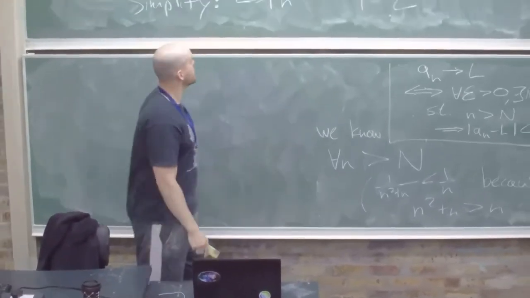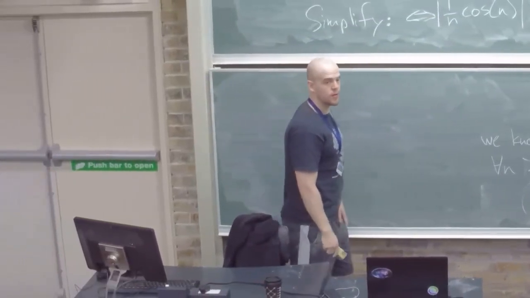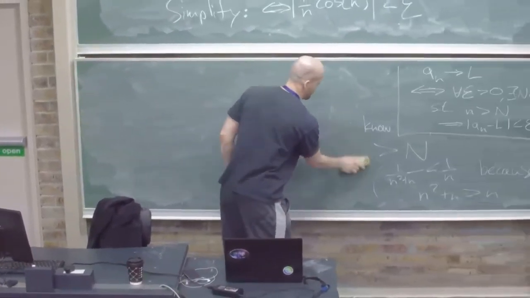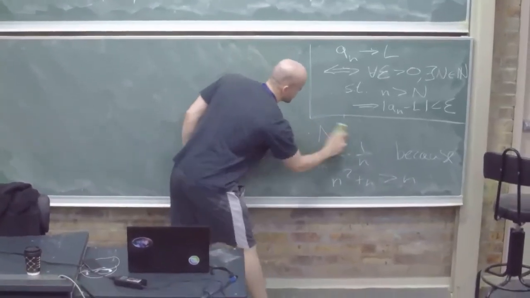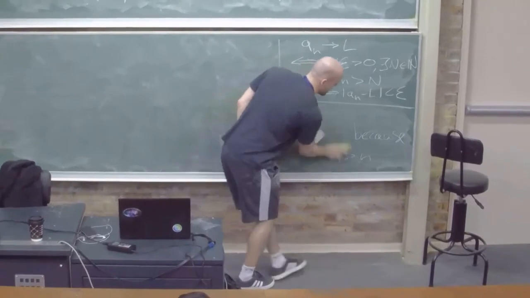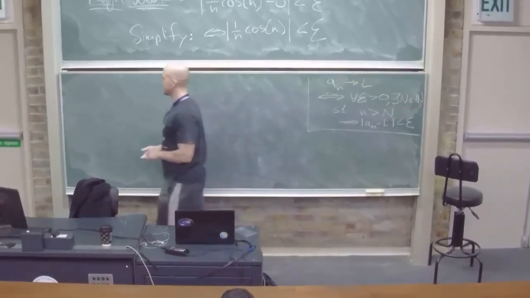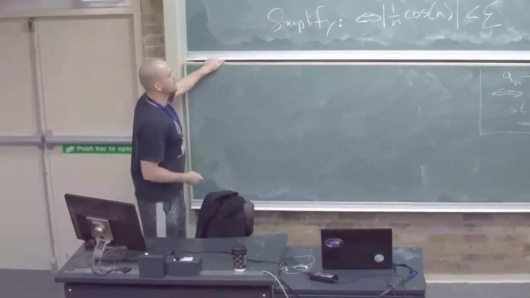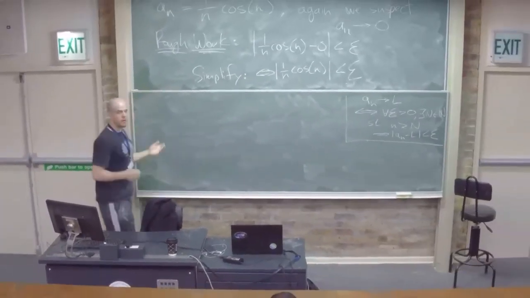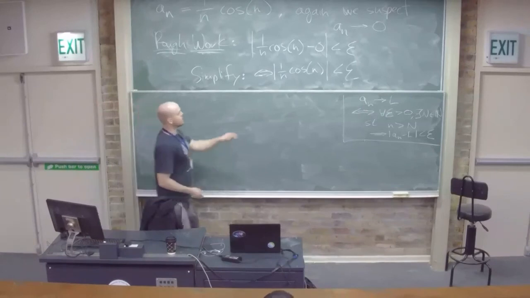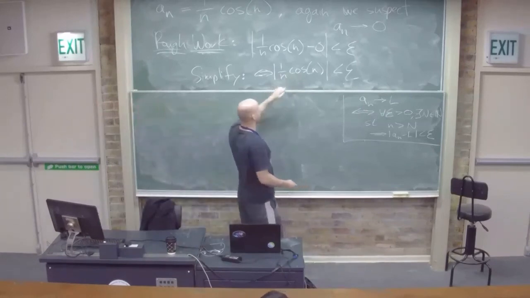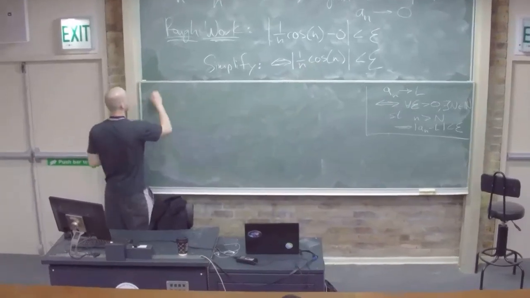Can't you, since cos n is always between -1 and 1, say that 1 over n cos n is less than or equal to 1 over n, and then use that again? Exactly. That's exactly right. That's perfect. So again, we're going to try to compare to something we know. We know some certain properties of this, we know some properties of this, and so we know,